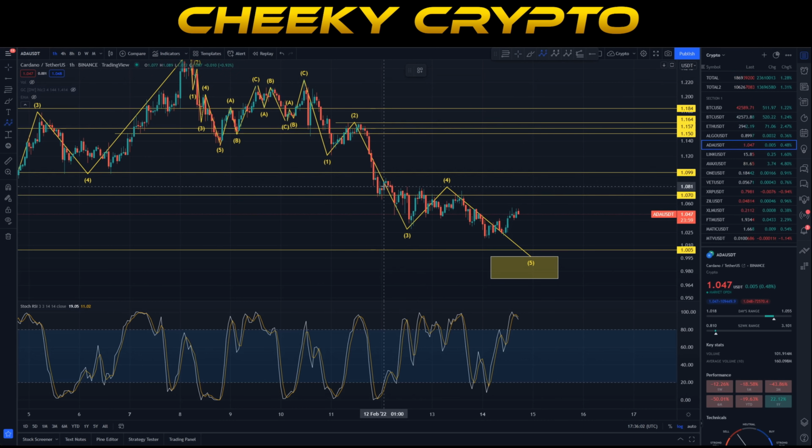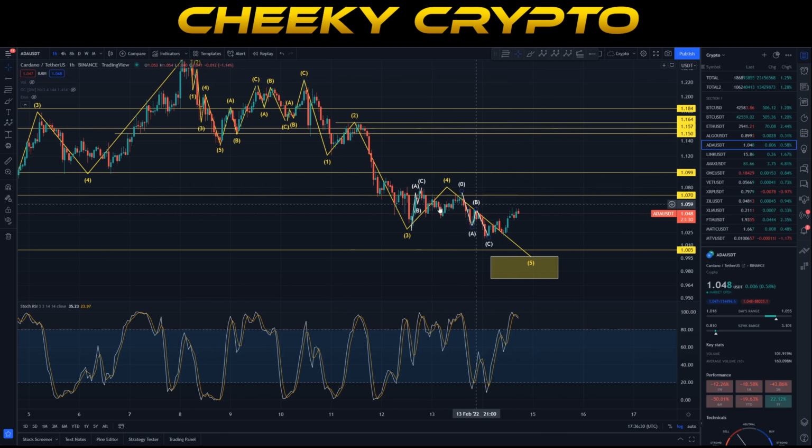So on our way down here, and then moving up, we actually have this ABC move, a really short C wave, actually coming up right up into this upper resistance, as you can see, like a double top. And then we have this move, a double bottom. A B wave and a C wave coming down, and again we also have an ABC wave just inside there. So you could break this down even further. If I remove that one, you can see that we have this A, B, and C just here.